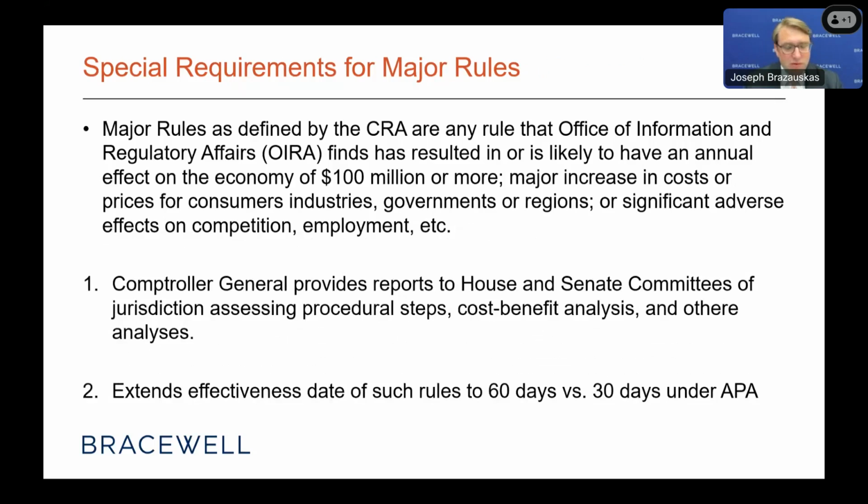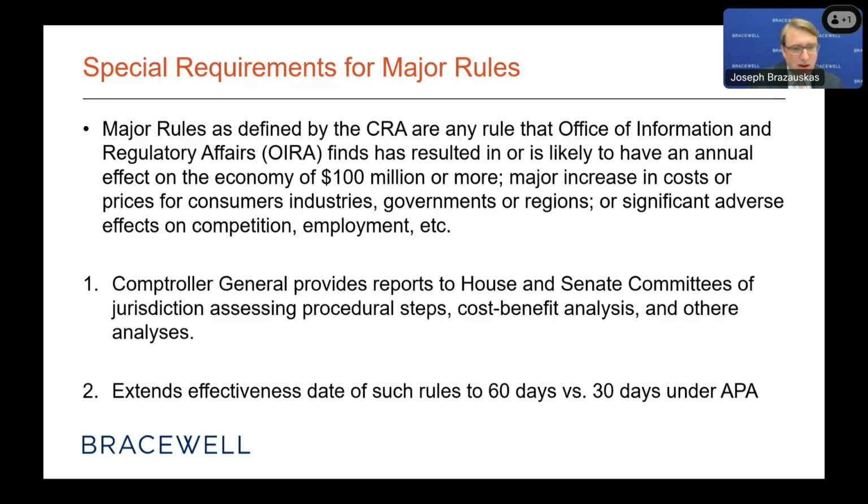Now, one other thing that the Congressional Review Act talks about is special requirements for major rules. So major rules are defined by the Congressional Review Act as any rule that OIRA finds has resulted in or is likely to have an annual effect on the economy of $100 million or more, have a major increase in costs or prices for consumers, industries, governments, or regions, or significant adverse effects on competition, employment, et cetera. So for these types of rules,